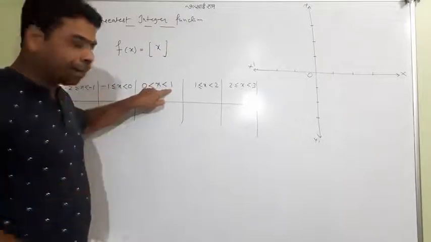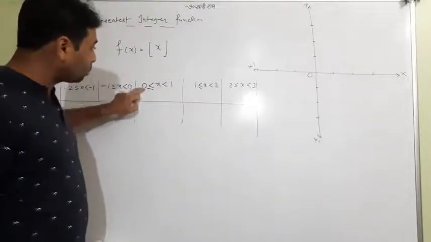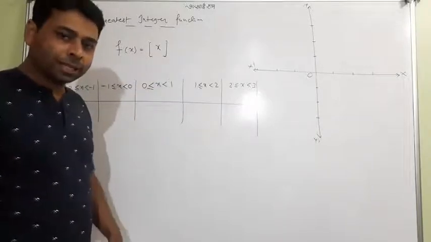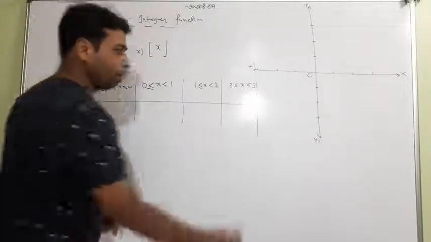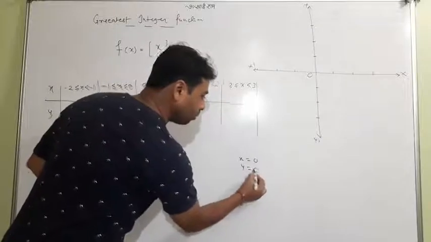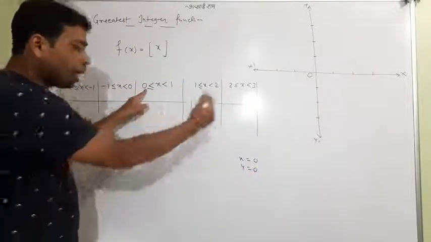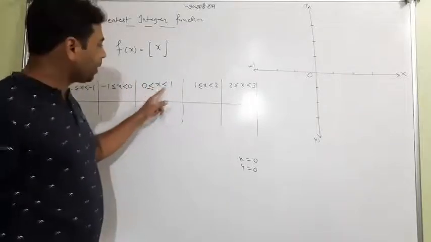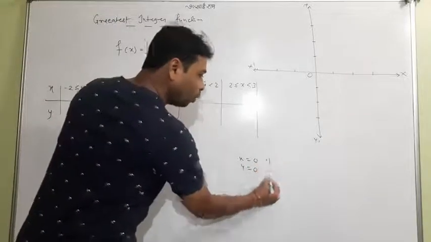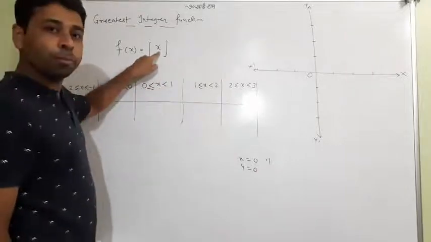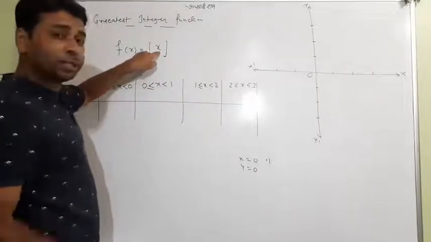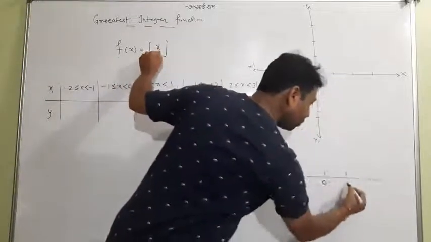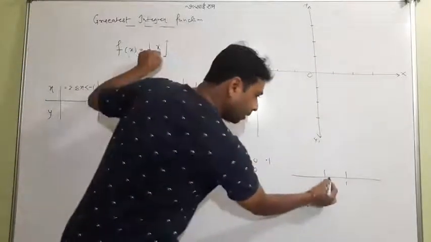So I tell you frankly, when you put x equal to 0, definitely y will be 0. When you put slowly ahead, x in 0 to 1, meaning x equal to 0.1, for x equal to 0.1 you will get what? When you put 0.1 here, it's the nearest integer that is less than or equal to it. So make a number line for y. This is 1. 0.1 is here. Answer is 0.